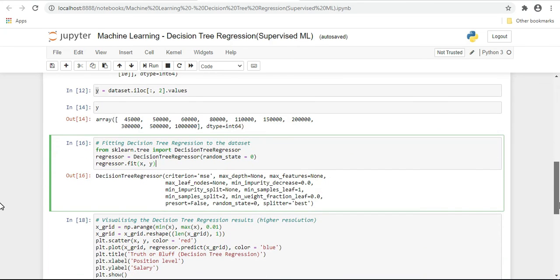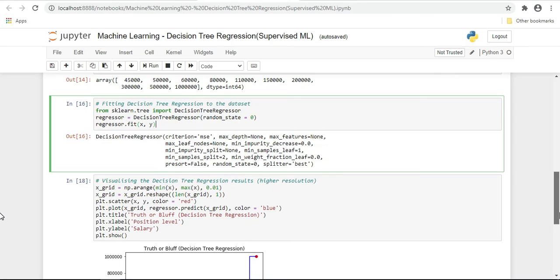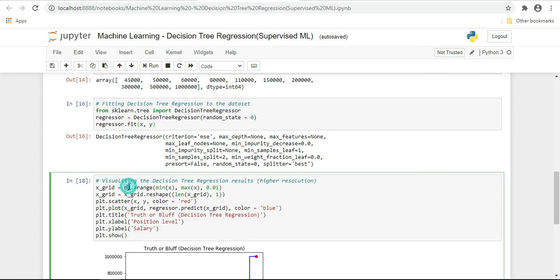Now we will visualize. For 0.01 steps, where we divide one step into multiple steps, we are using numpy.arange with the minimum of x, which we extract from the list of x, and similarly the maximum from the list of x.